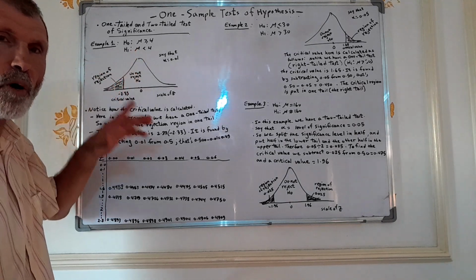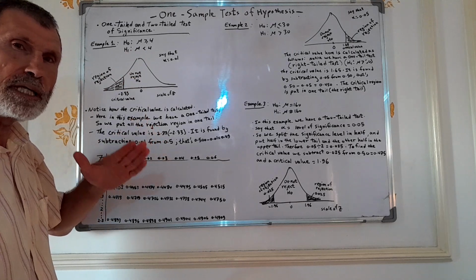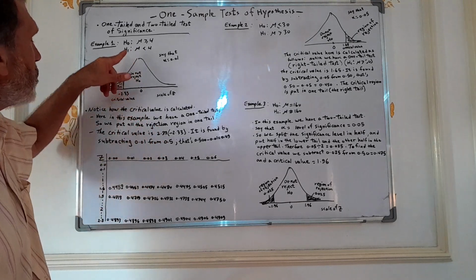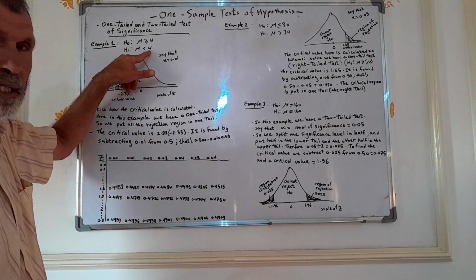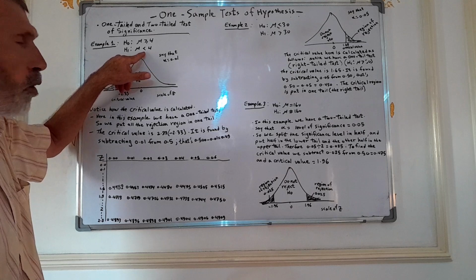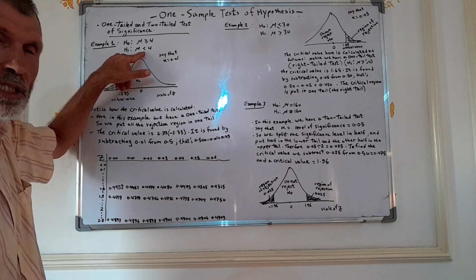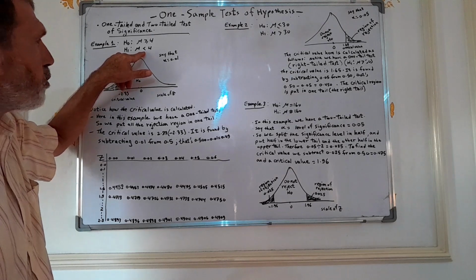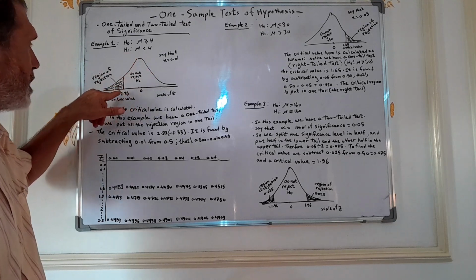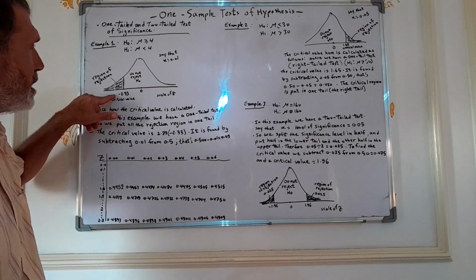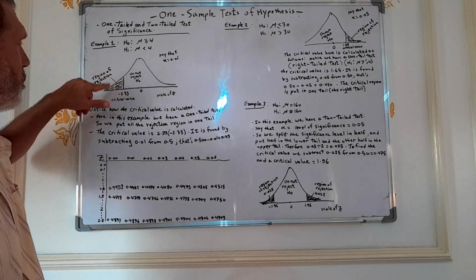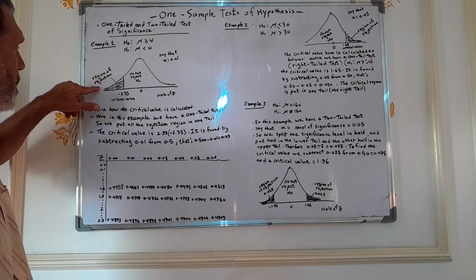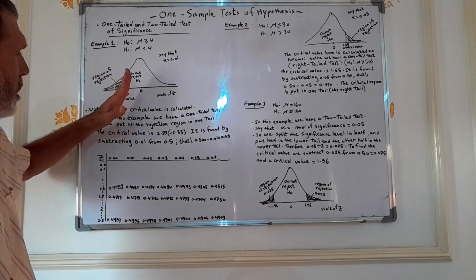So here it points to the region in the lower tail. This inequality points to the location of the rejection region, which is in the lower tail, as you can see. This is the standard normal distribution. So as you can see, the region of rejection is pointed to the left